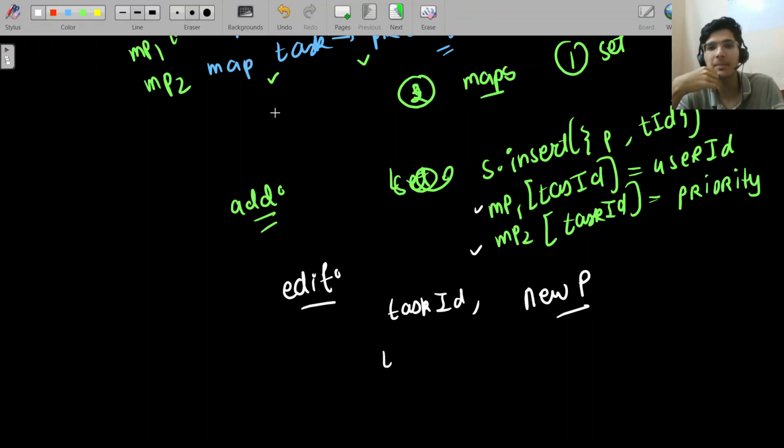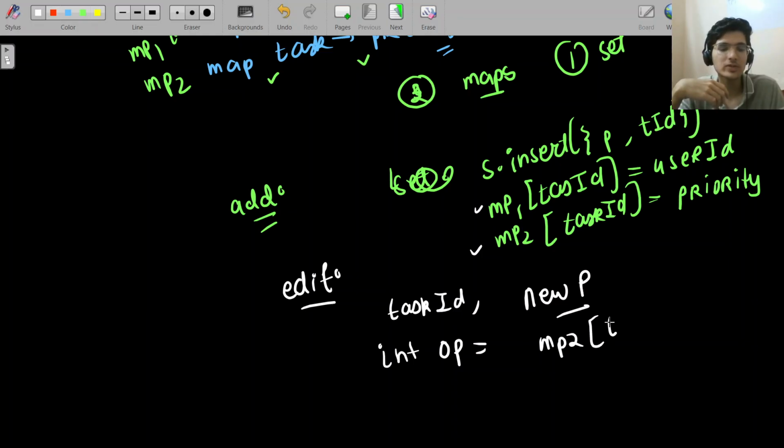How will I get it from this map? MP2. So basically we'll get the old priority from MP2 using the task ID. That's why we created the map, right? Because we need to remove things as well. So we have to remove this. Now the operation is remove. How would you remove? It's very simple. S dot erase